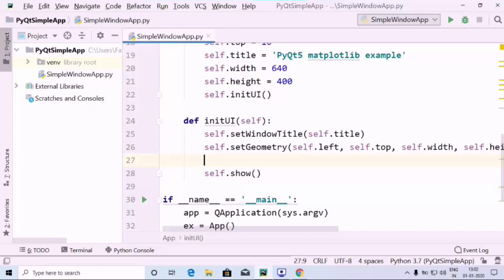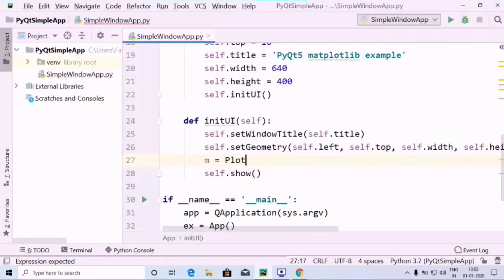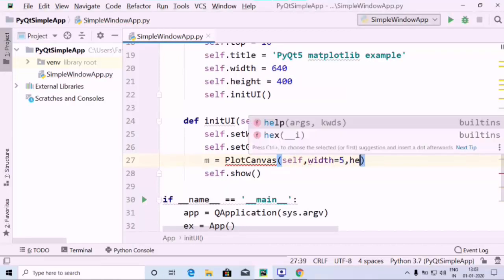The first thing I'm going to do is create a variable called m, and inside this I'm going to use PlotCanvas, and inside the brackets I'm going to use the self keyword followed by width as 5